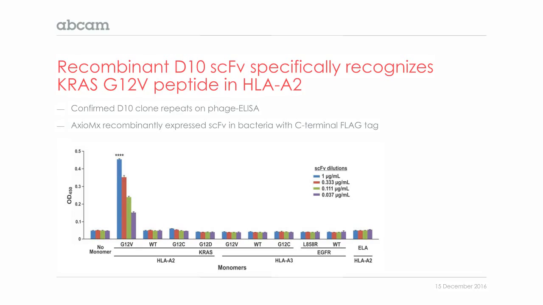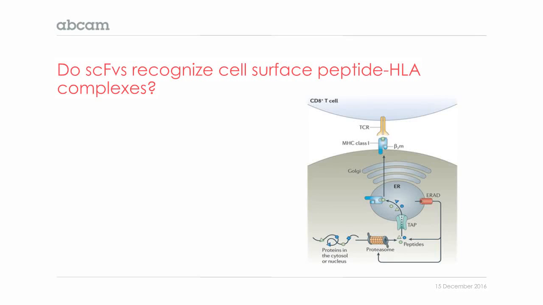So this was really promising, that our scFv seemed to be specific on ELISA. However, this is only using recombinant protein on a plastic surface. So we wanted to see if our scFv could actually recognize a cell surface peptide-HLA complex, as this is the ultimate goal if we're going to use it as a therapy. To go about answering this question,